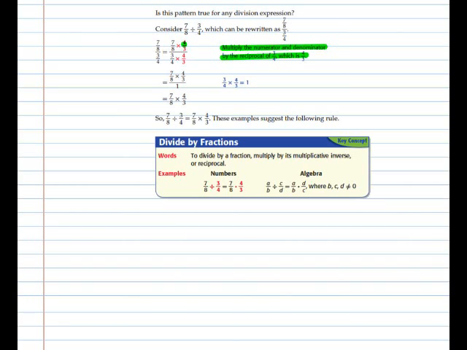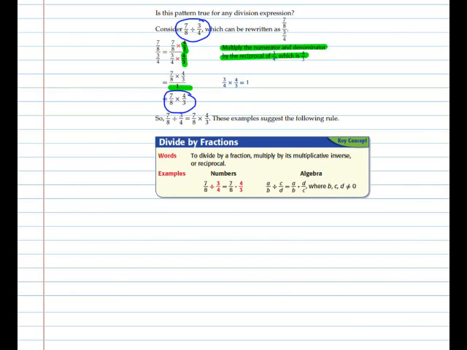You can see I've done that here. 3/4 times 4/3 is 1. So my denominator here, or my divisor, becomes 1. Leaving me 7/8 times 4/3, which you can clearly see is the same thing as